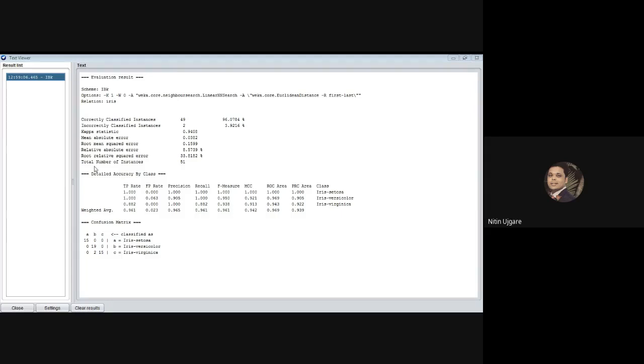So these are the detailed accuracy by class: TP rate, false positive rate, precision, recall, F1 score, receiver operating characteristics, class, and so on. And this is the confusion matrix. If you observe, initially there were 150 instances in the data set. We have split them, and let's go back. The accuracy of this classifier KNN1 is 96.07%, and the error rate is 3.92%. So let me close this, and I will go back